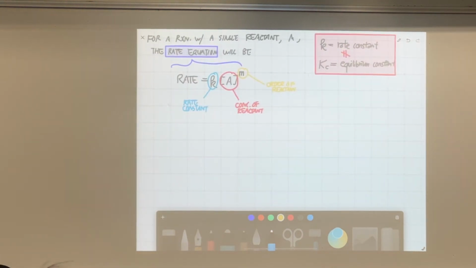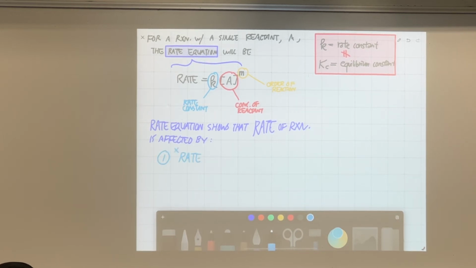So can you put down what the rate equation does? So the rate equation shows that the rate of reaction is affected by three things. Not just the concentration you learned in the rate chapter. We have one new thing here, the rate constant. So this is new, so I'm putting it down here. But concentration is not new to you. You have learned that. So concentration of reactant or reactants. Sometimes there could be more than one reactant. And finally, we have something new again. It's the order of reaction.